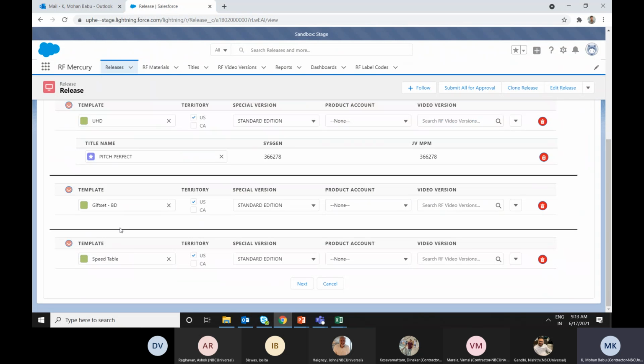One thing you can observe: once we added the single pack, you can see the title section remains